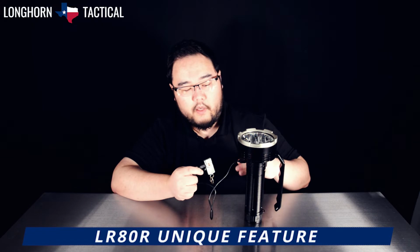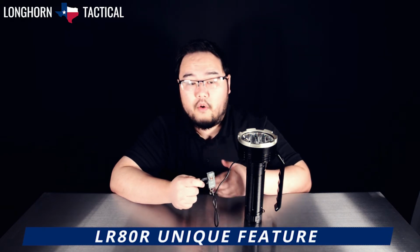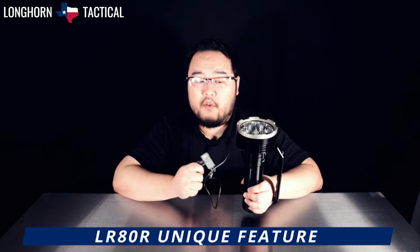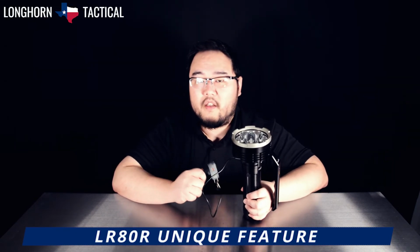Like so. This way, this functions as a rudimentary power bank. I don't know why I said rudimentary there. It is a power bank. It is dispensing power via USB-A. So yes, with this, you have the capacity to increase the battery capacity of another